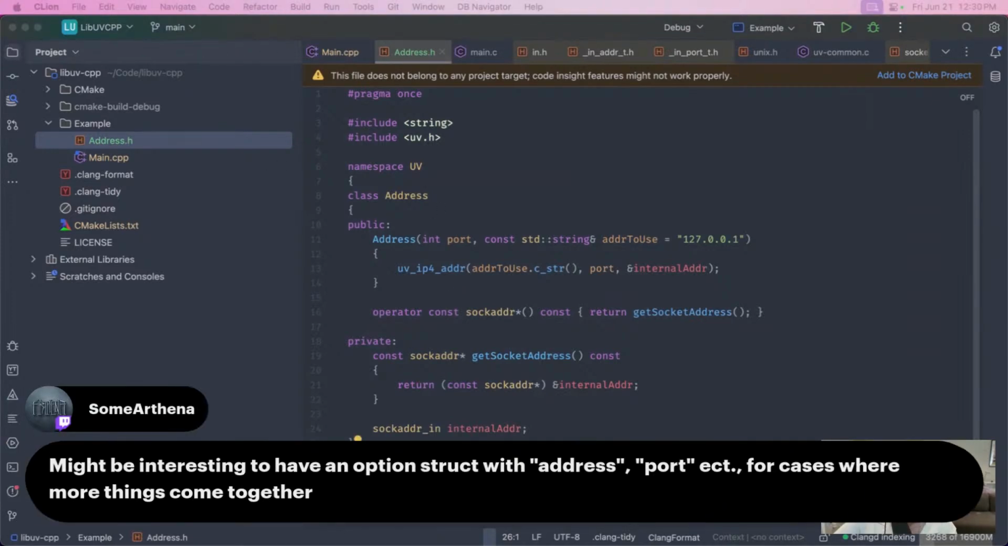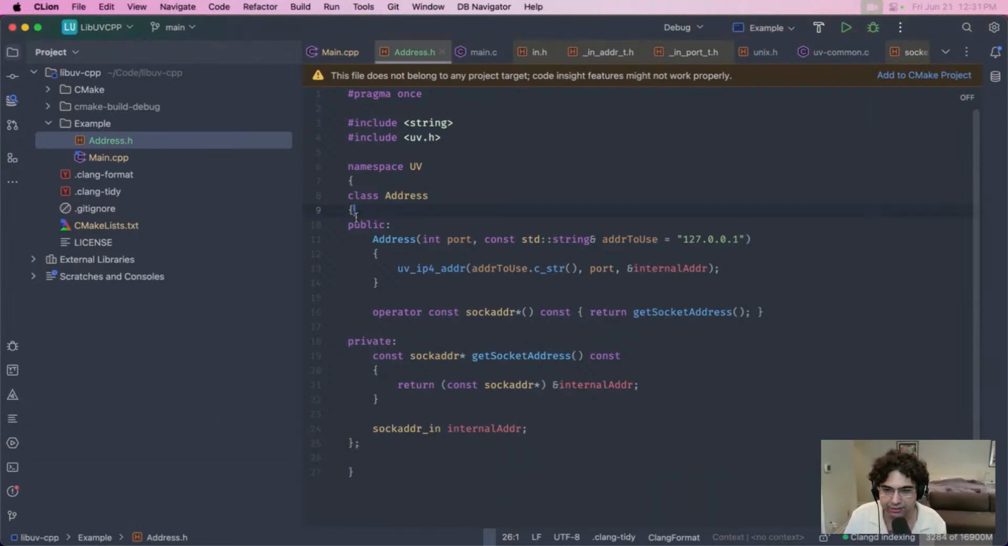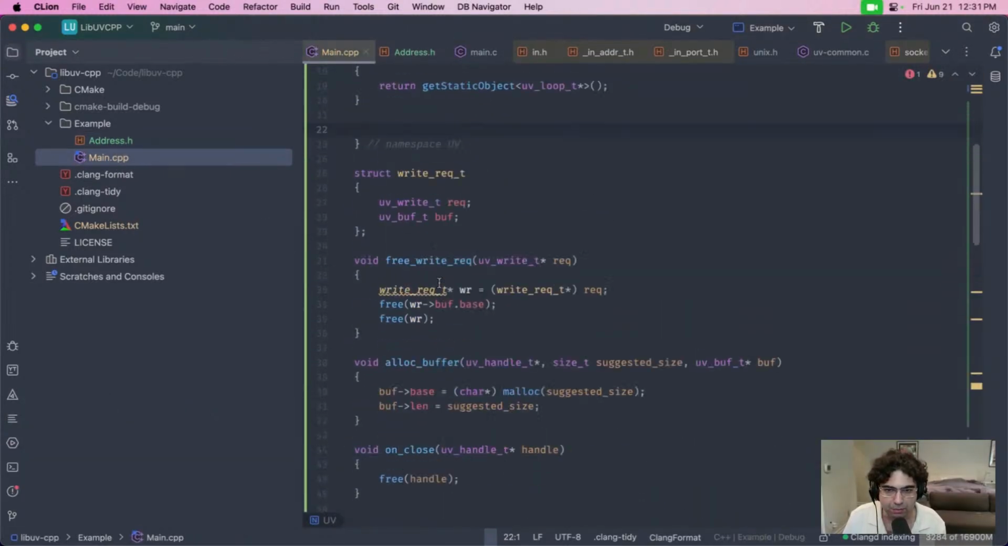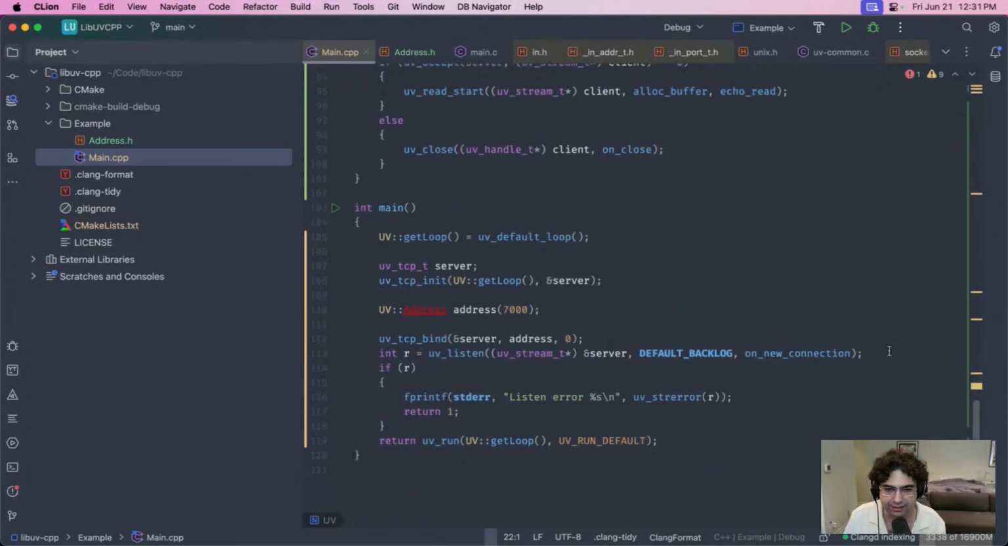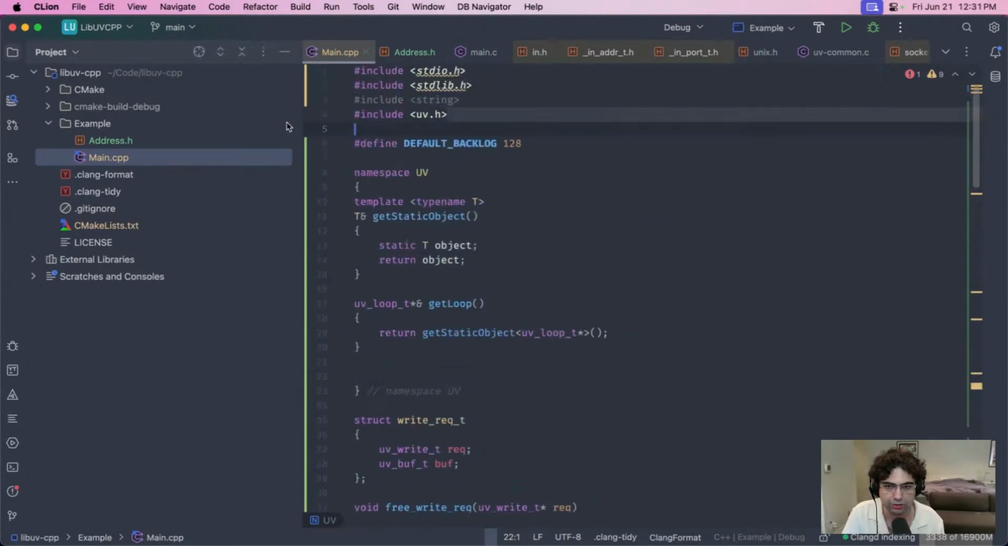That might be interesting to have an option struct with address, port, etc. for cases where things come together. Yes, this is probably going to be the next step, once I learn the mechanics, where there's a single struct that offers all of these. I'm just solving these one by one, but I'll probably need to solve each of these data types. So now I just need to include